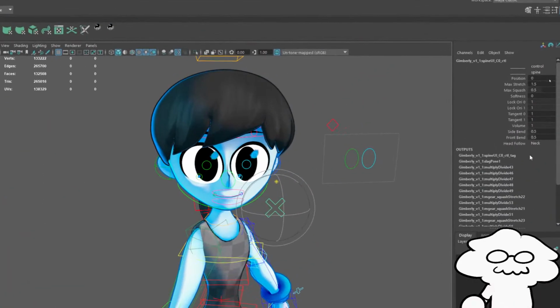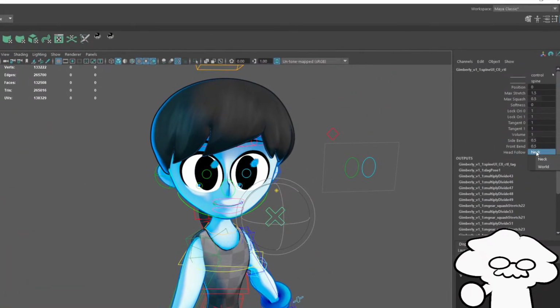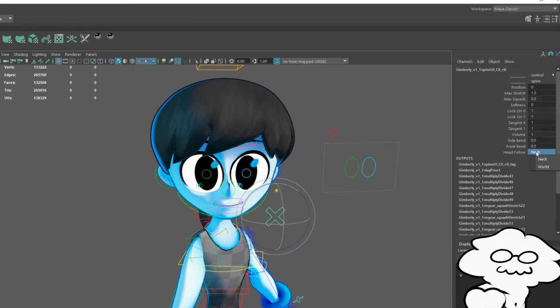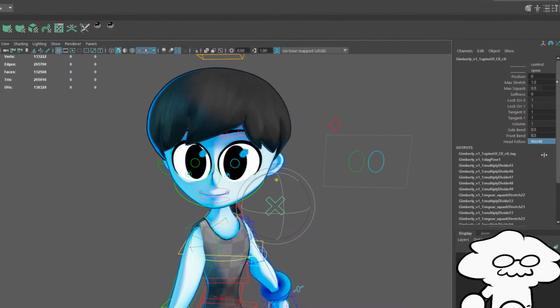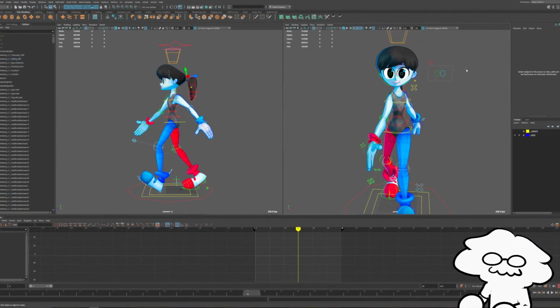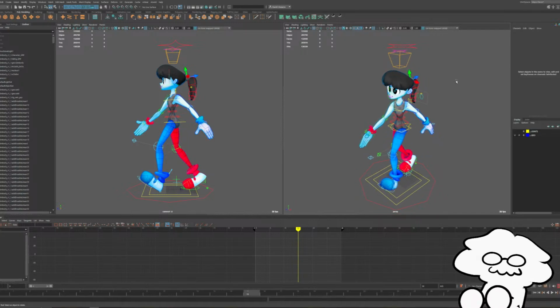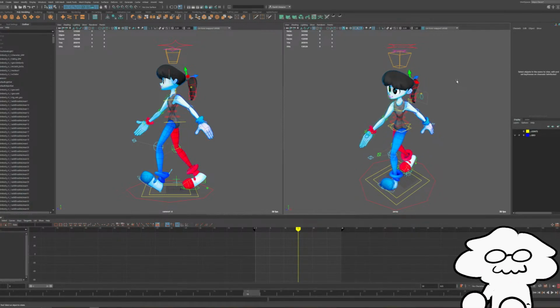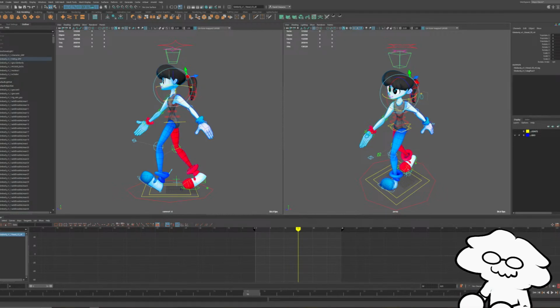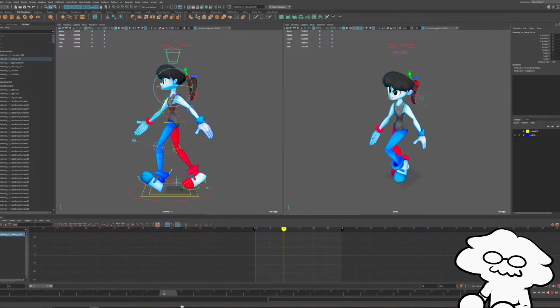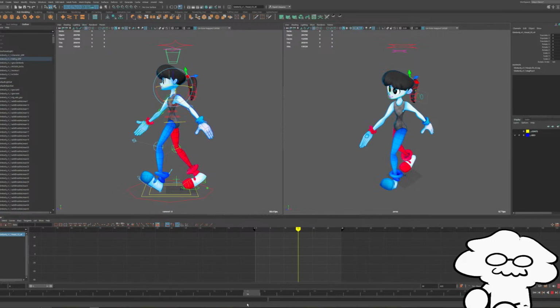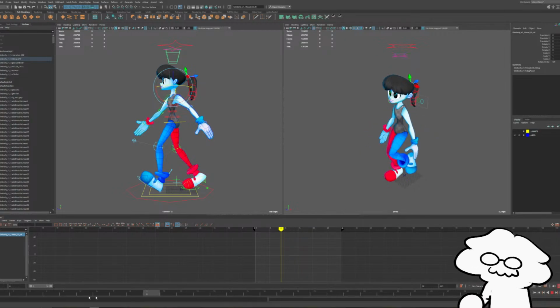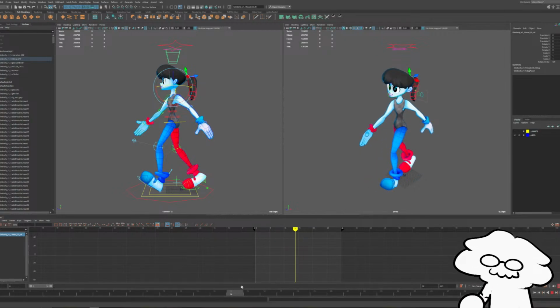But if I turn on head follow, which would sometimes be called head world space, then it will point down the middle. It won't rotate with the upper body. So if I go through it, it stays forward. It does not rotate with the upper body, which just makes it a little less stiff.